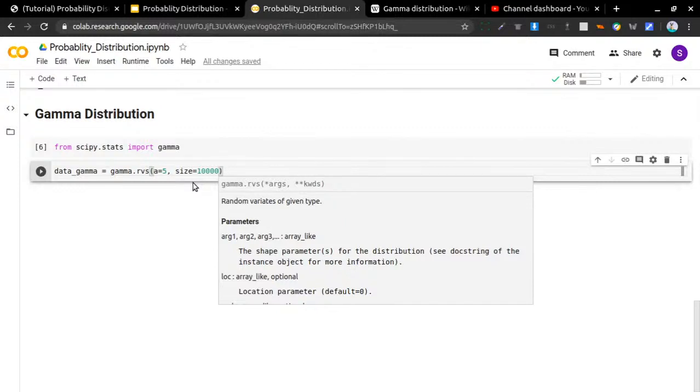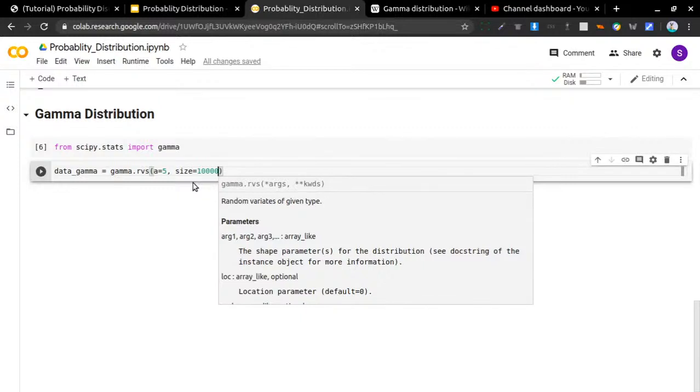To shift the distribution, we can use the loc argument, that is the starting point, which is not a must; it can be given, or we can remove it, we don't need to use that parameter here. And we have given one variable, that is size. So it will give us that many values. With these values, we are going to plot our gamma distribution.